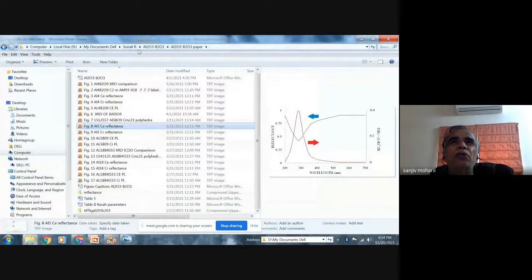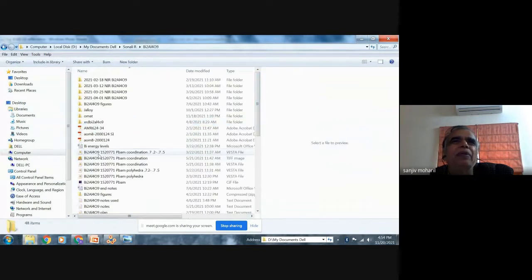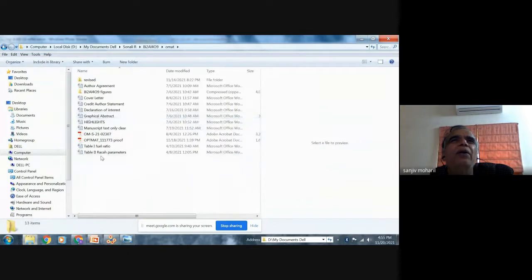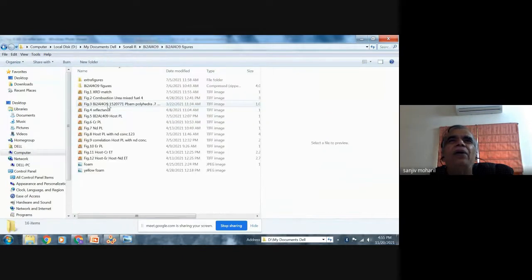So this is also possible, getting the band gap. So for that, I can get the band gap values.